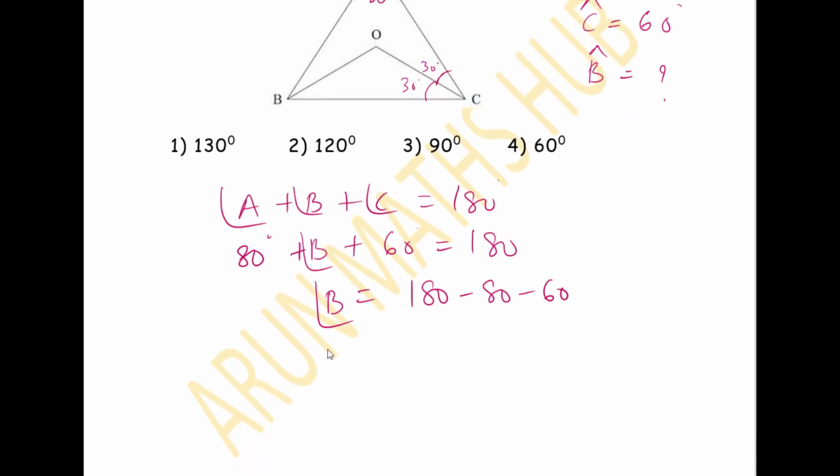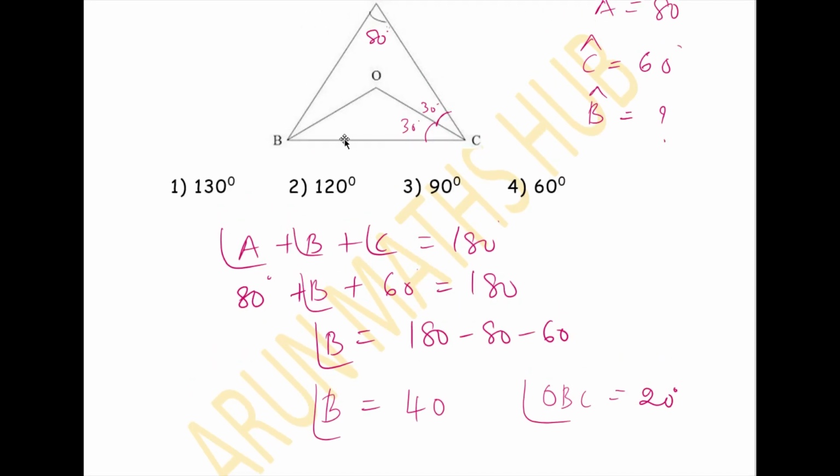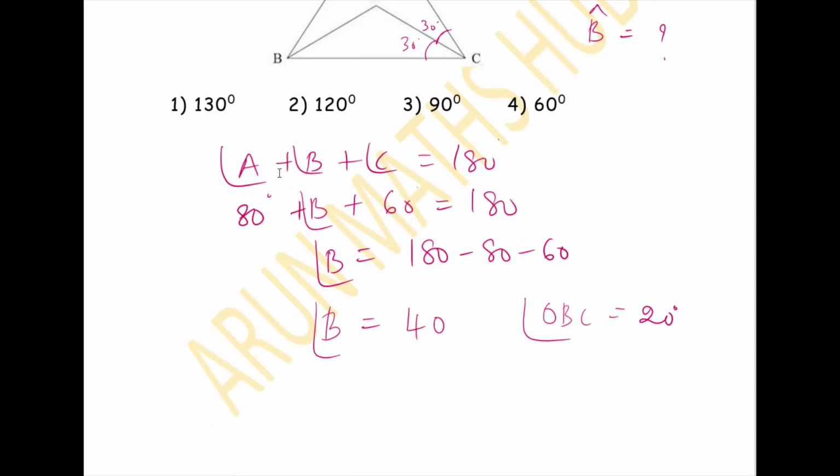What we get? Angle B equals 180 minus 80 is 100. 100 minus 60 is 40. Therefore, now angle B is 40 degree. Angle OBC equals 40 by 2, that is 20 degree. Now in triangle OBC,